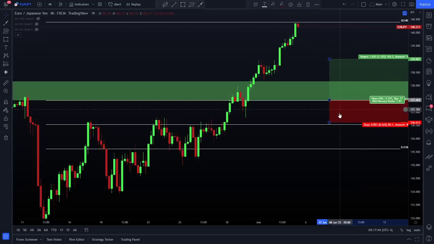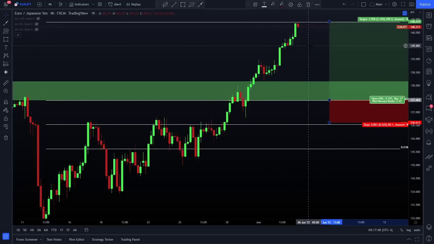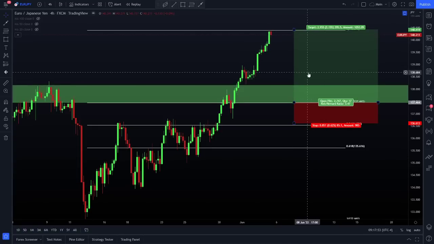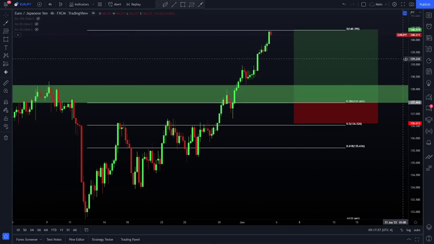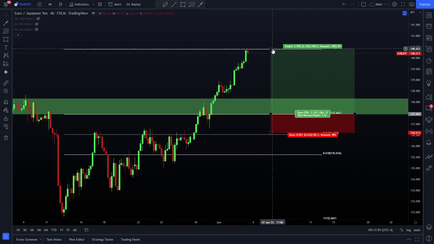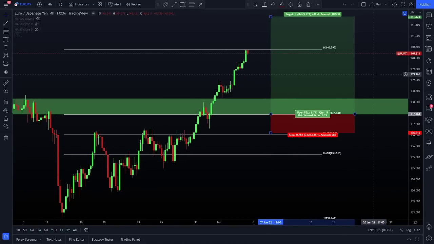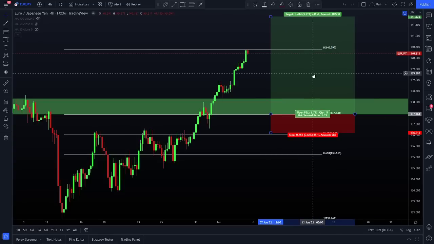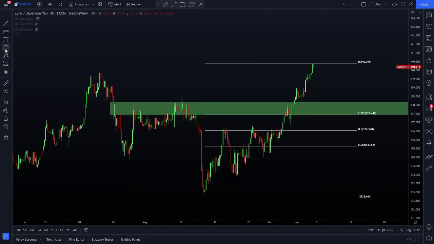Maybe a pullback with stops below that structure. And then, of course, previous high is a good start. That's already a 3.5-to-1, right? Meaning that if we risked 100, we would be potentially making 350 if we were correct about that move. And then continuation from there, the way I like to trade is with trailing stops. So I would just be following price action as long as it wants to go, with the idea of a potential breakout even higher.